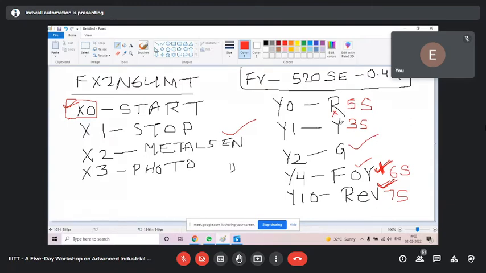Yellow on for 3 seconds. After 3 seconds, yellow off. Forward on for 6 seconds. After 6 seconds, forward off. Reverse on for 7 seconds. Yesterday we had 3 outputs. Today we have 4 outputs. That is it. Nothing else. And you have to make this in Mitsubishi format. If you have confusion, then make it in Codesys format.